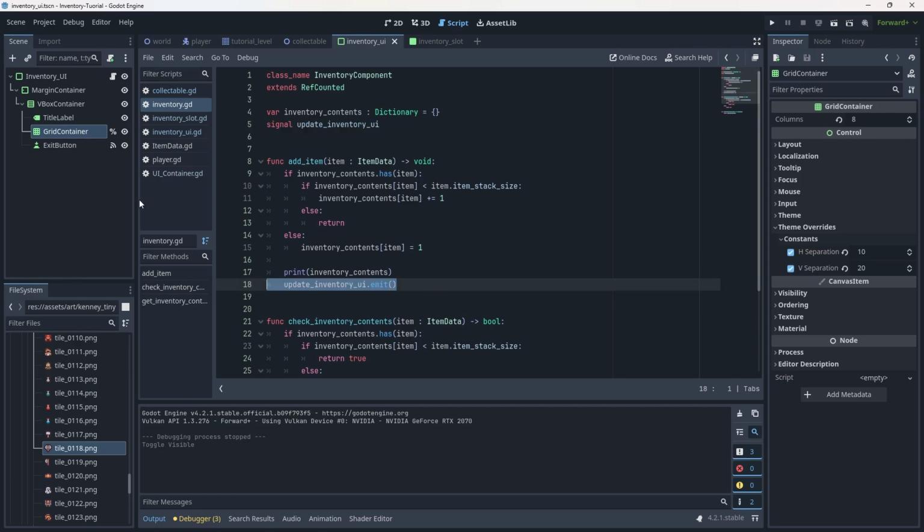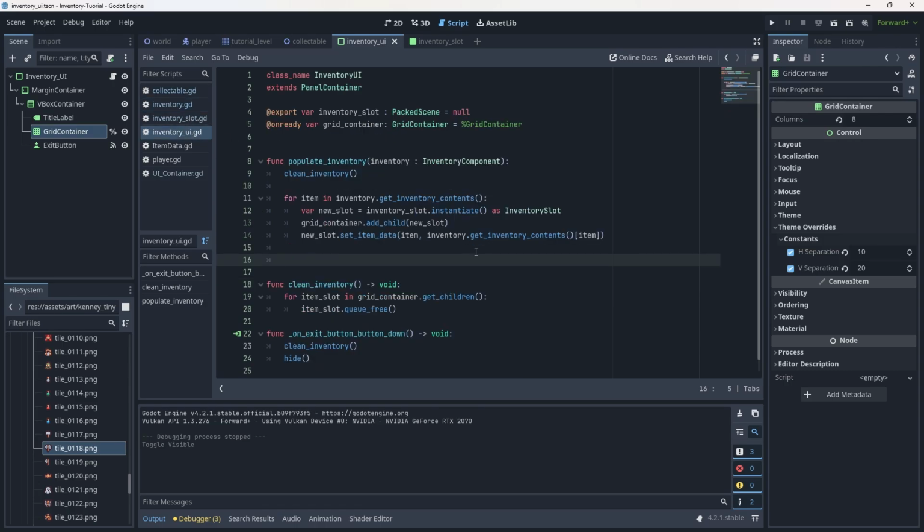Now, what update_inventory_UI needs to connect to is actually our inventory UI here. We're going to do this in a really fun, somewhat complex way. It's going to be an if-else statement. Super complex, right? All we need to do is go if the inventory.update_inventory_UI.is_connected,